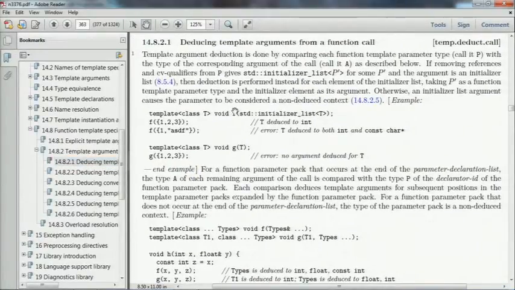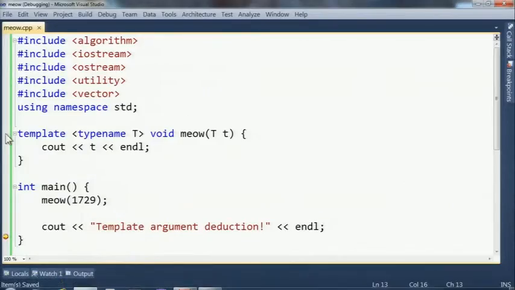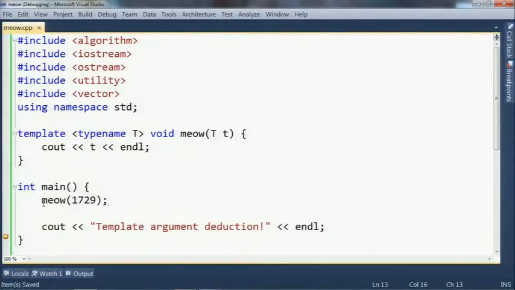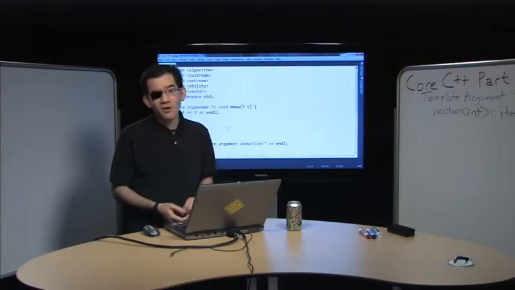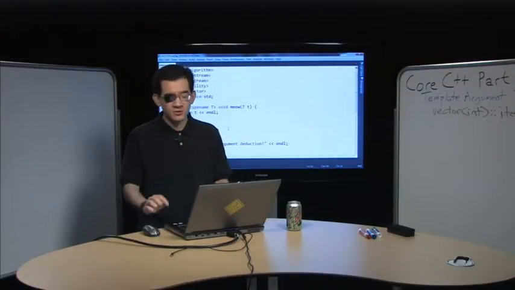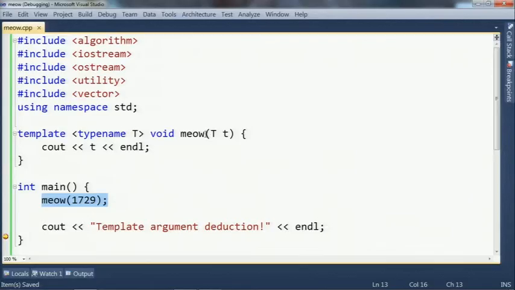This explains how, given a declaration of a function template, which is something you've either written yourself, like in my template<typename T> void meow here, or that a library author has written, like we saw with sort, and an actual call, like the sort(v.begin(), v.end()) I had earlier, or meow(1729) here, what template argument deduction does is, I like to explain it as, it plays a little game. It looks at the function arguments, the things that you're actually providing, whether they're vector iterators or integers like 1729 or custom class types, and then it looks at the function parameters which the template is taking that involve